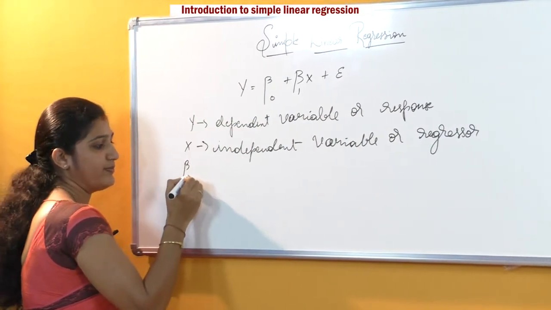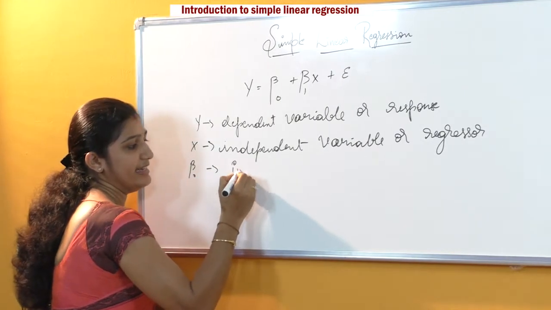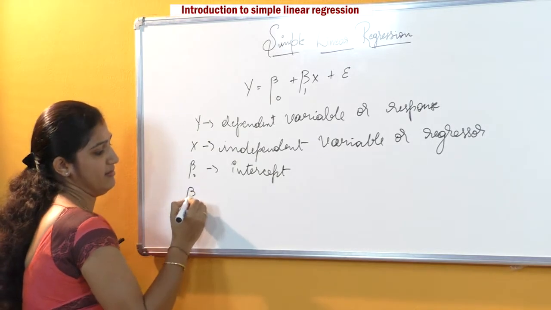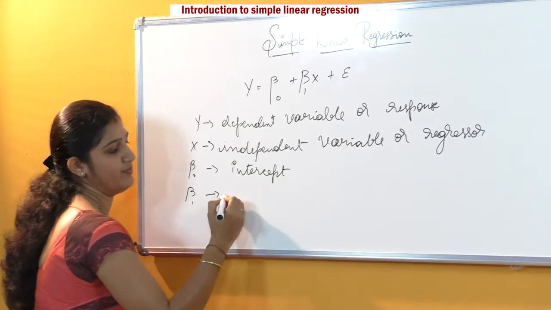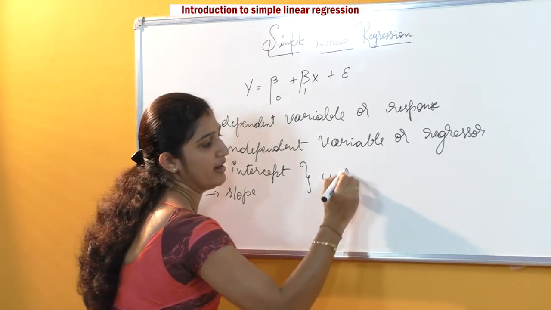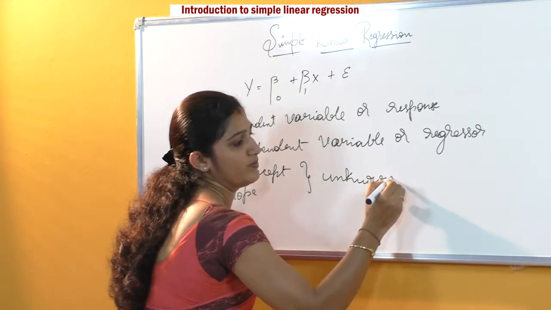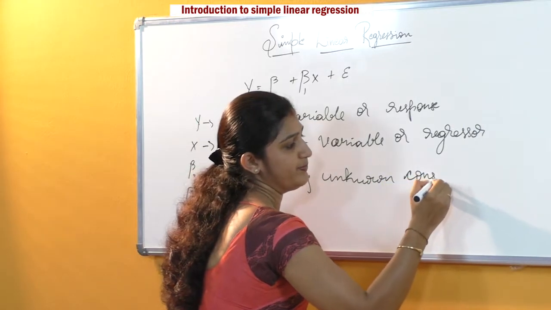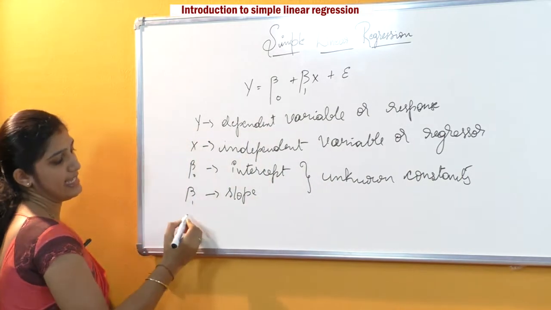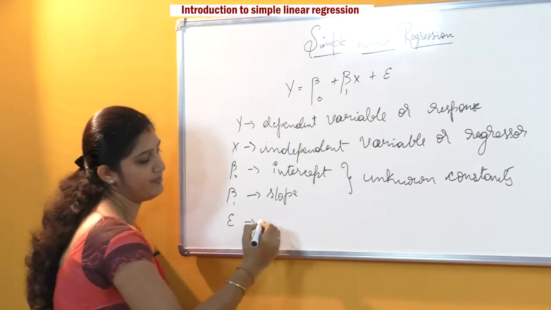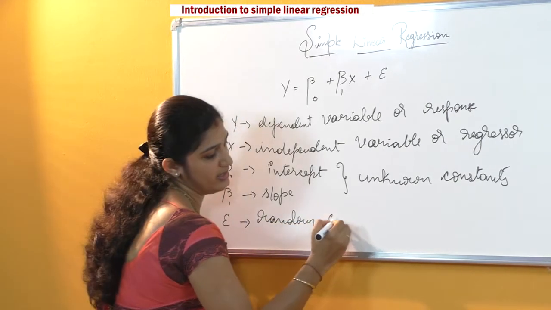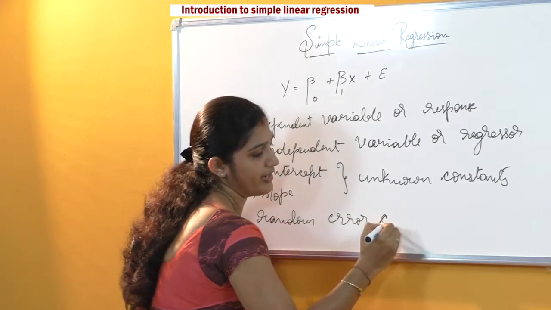Beta naught is the intercept, beta 1 is the slope, which are unknown constants, and epsilon is the random error component,